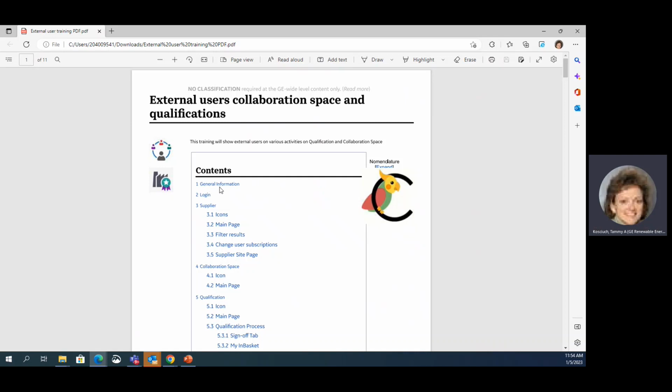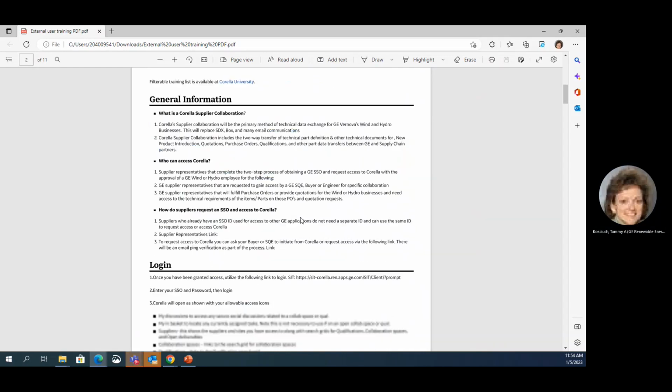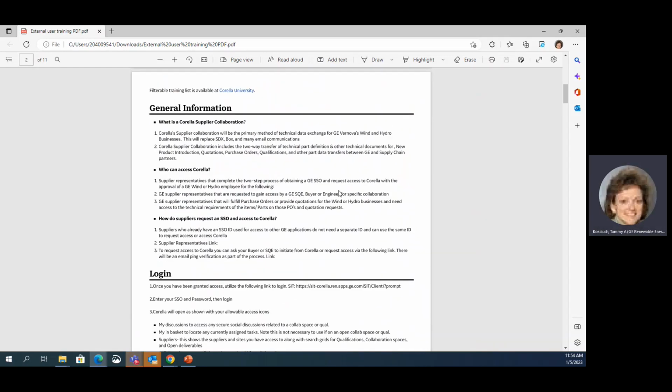The table of contents shows general information about the system, how to log in, things related to the supplier. As far as the icons, there are 5 main icons available on the supplier. Show those in the login page. So under general information, what is